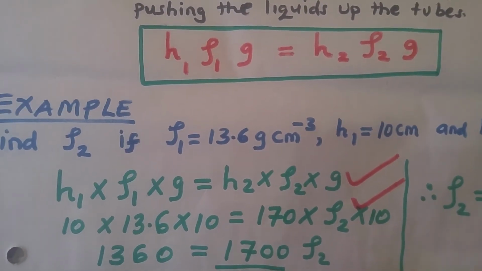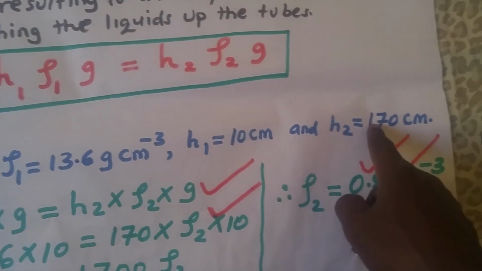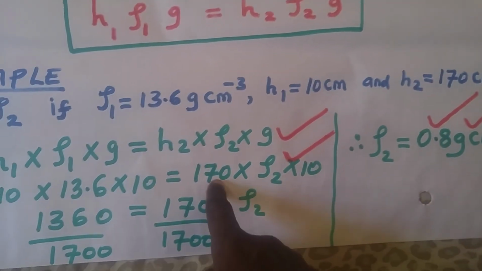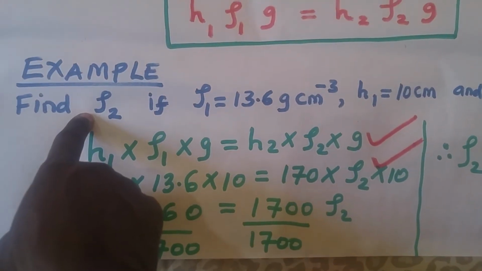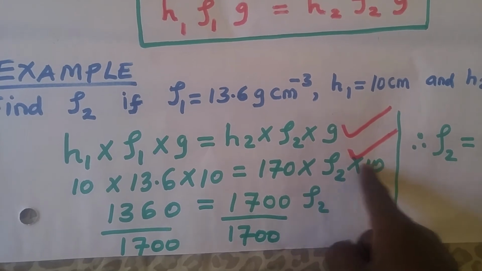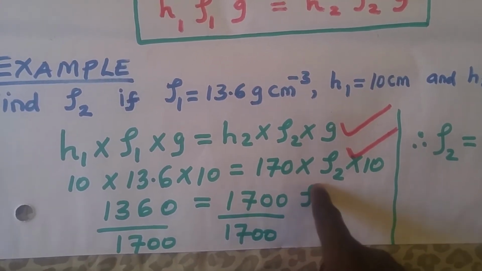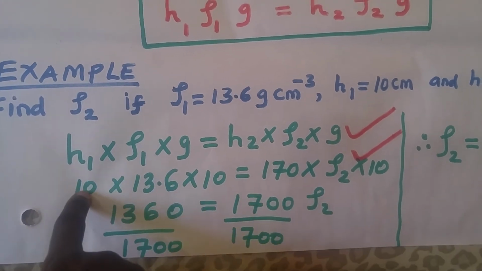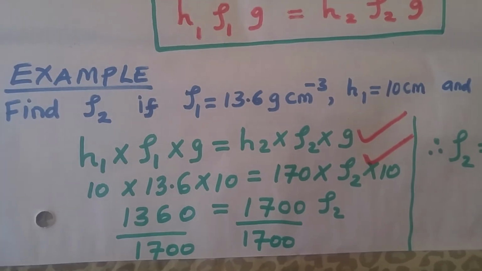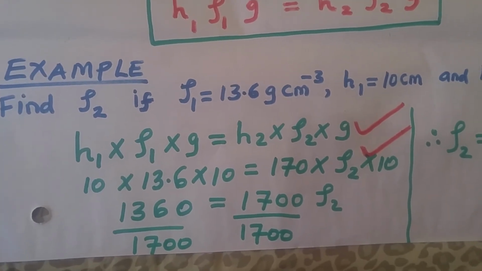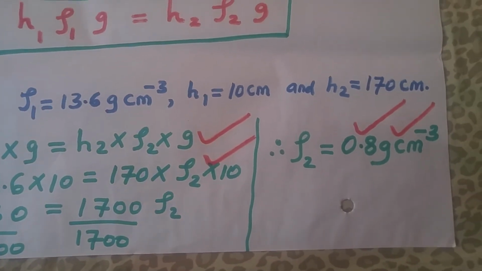So we use 10 times 10 equals H2, where we are given H2, yes, 170 centimeters, times density 2, which we are looking for. So we leave it as density 2 times 10. So when we multiply this side, we get 1,700 times density 2. When we multiply also this side, we get 13,600. So we divide both sides, and our density 2 is going to be 0.8